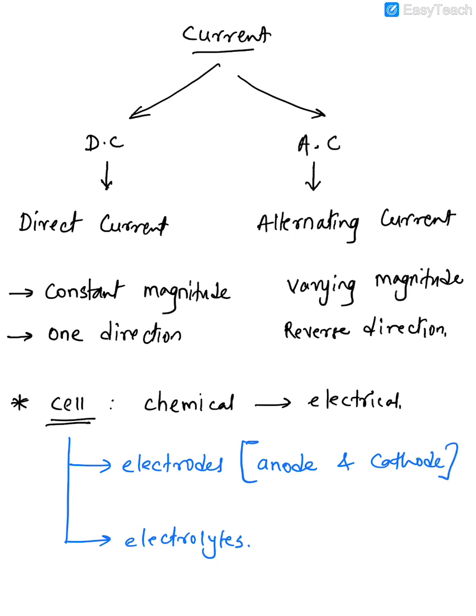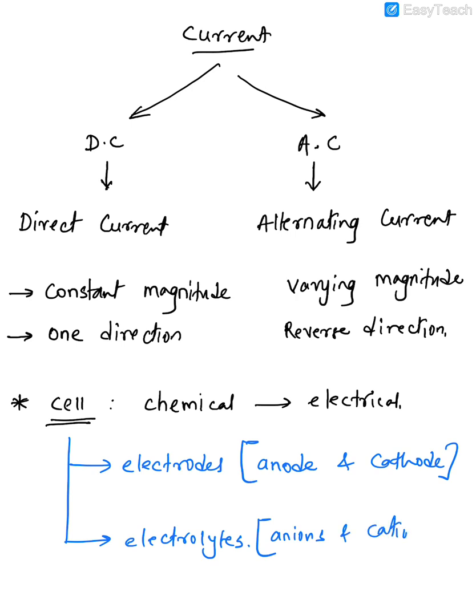Okay, they are anode and cathode, whereas electrolytes are basically a liquid. You can say some solution like copper sulfate or sulfuric acid, any of those acids can be used here. Okay, acidified water or something. And in that liquid, basically, what are there? There are ions. So they are called anions and cations.